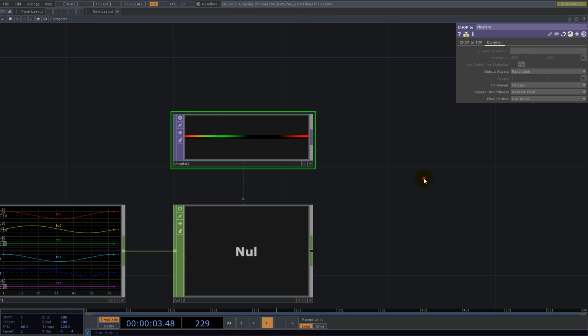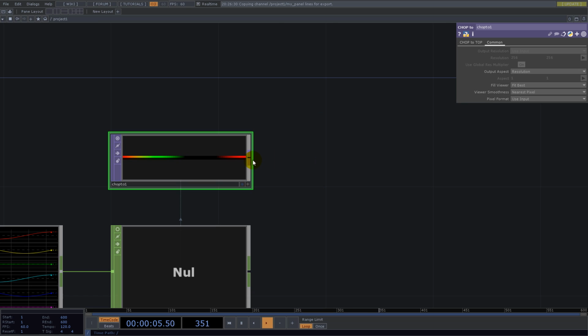So now we can interpolate between those points,